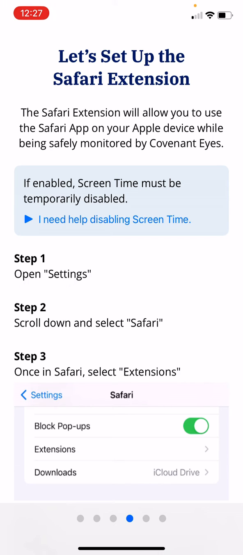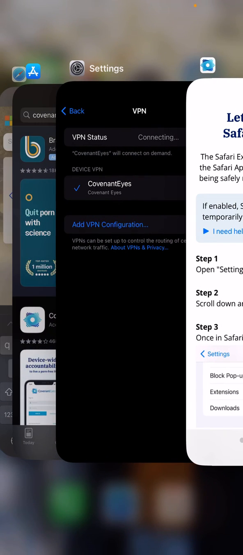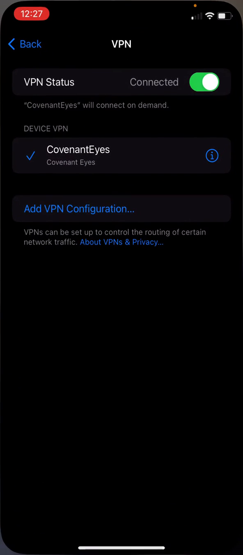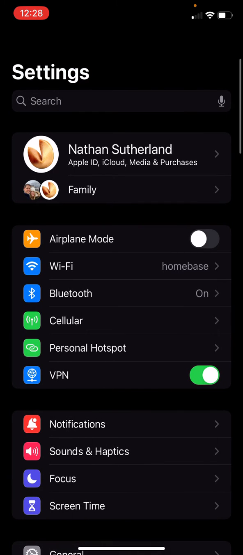The first, it says, if enabled, screen time must be temporarily disabled. I'm going to show you that. To do that, I'm going to swipe up from the very bottom of my screen. Some of you, this is just old hat, but I just want to make sure you know how I'm doing these quick transitions. If I swipe up from the bottom of my screen, it brings me to where I can see all of the open apps and screens. I'm going to click on my settings one,